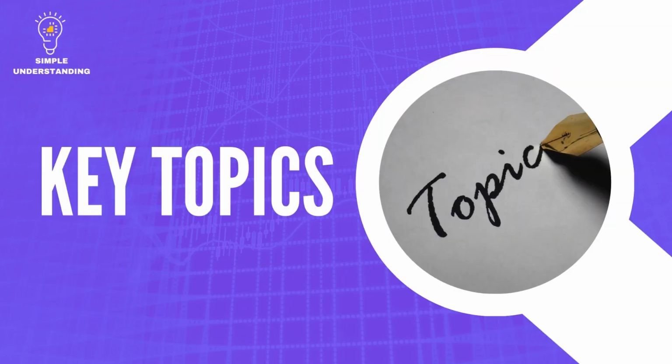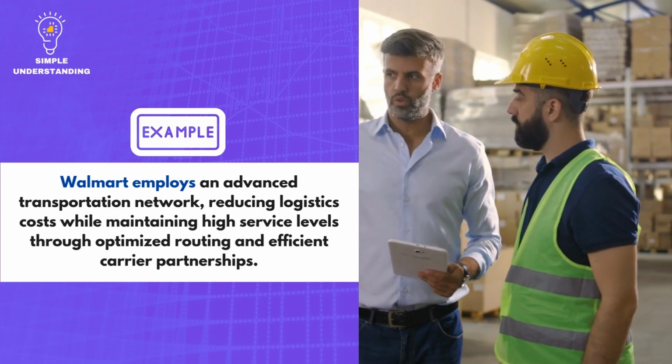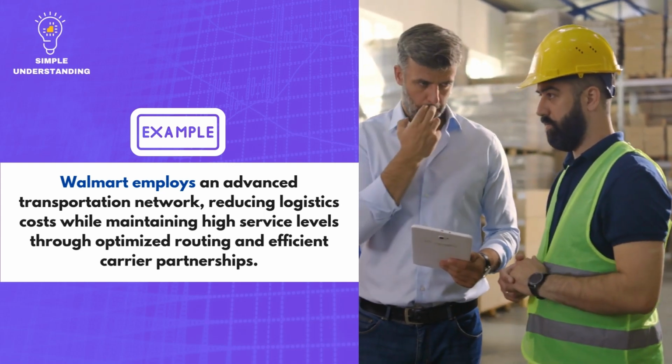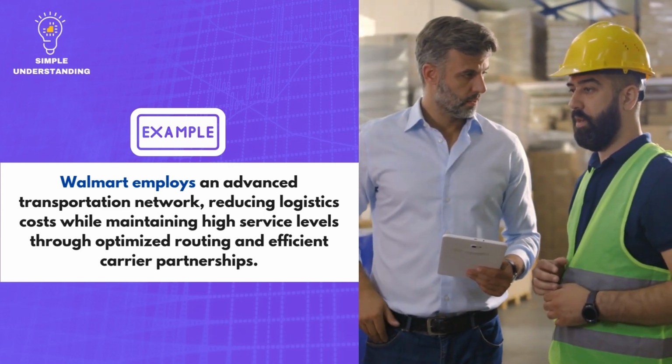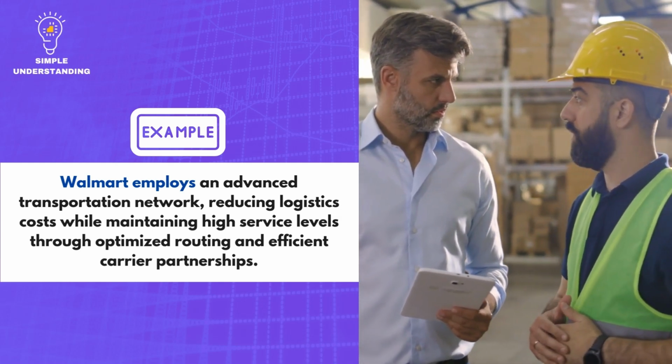Key topics. 1. Fundamentals of transportation management. Explanation. Transportation management optimizes freight movement by balancing cost, service levels, and efficiency. It involves carrier selection, route planning, and performance tracking to ensure streamlined logistics operations. Real company example. Walmart employs an advanced transportation network, reducing logistics costs while maintaining high service levels through optimized routing